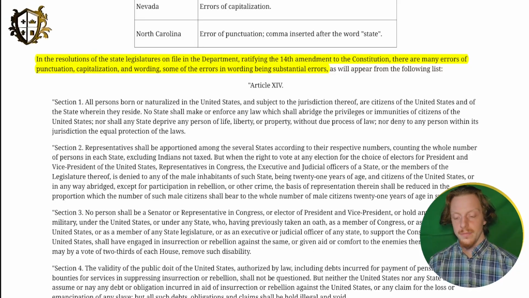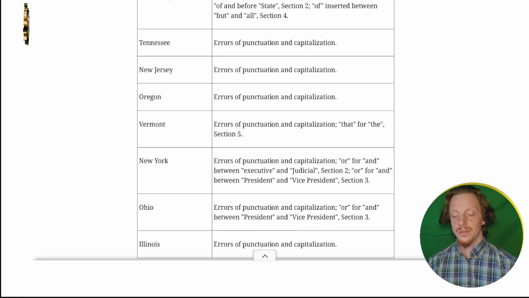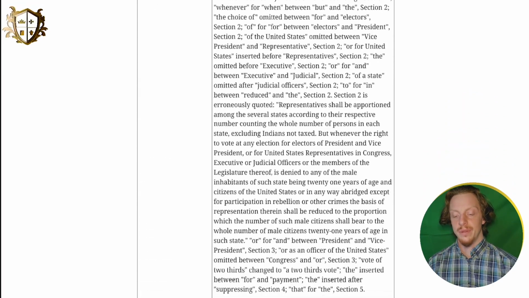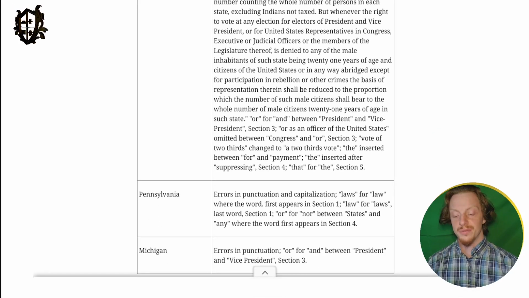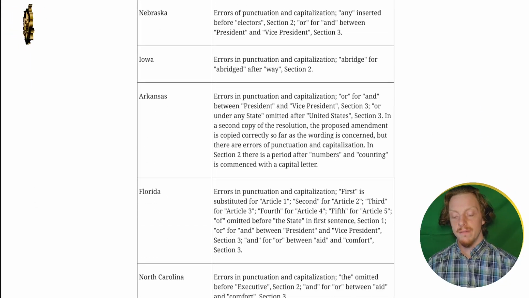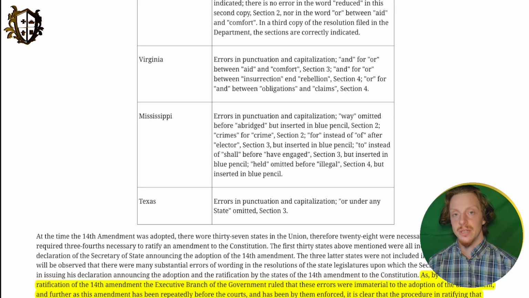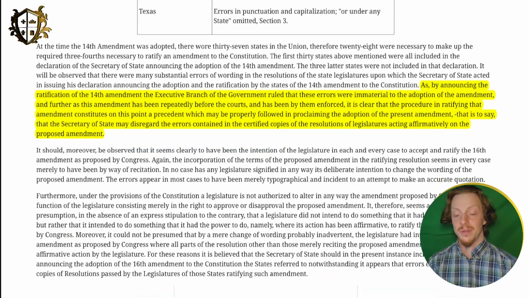So here it is, showing the 14th Amendment in its 5 sections, and it lists every single state legislature did not comply with Article 5 of the U.S. Constitution. Article 5, if you're unfamiliar, is the one that details the procedures, outlines the process for amending the U.S. Constitution. None of the states complied with Article 5 to the U.S. Constitution. They changed in some form or fashion the 14th Amendment whenever they sent it back to the U.S. Congress, which means, since it wasn't an agreed-to, identical, one-for-one replica of the amendment, that amendment,